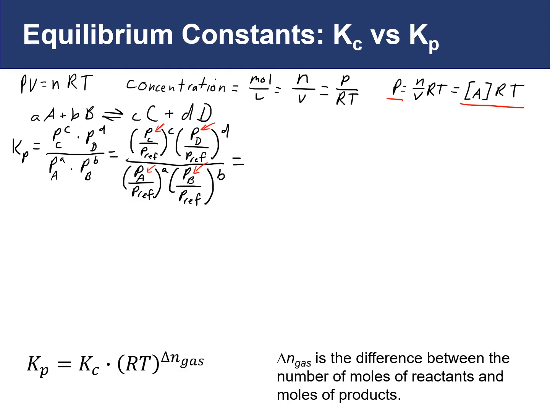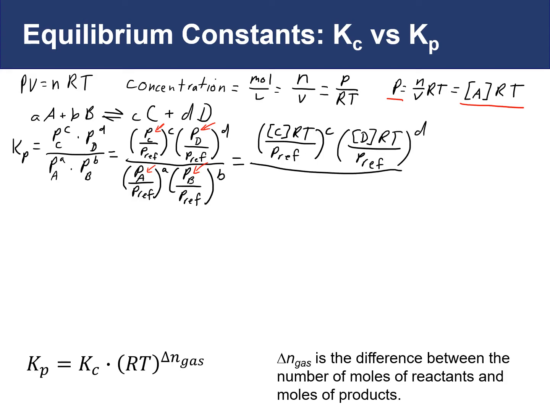We can replace this with concentration of C times RT over P ref raised to the C power times the concentration of D times RT over P ref, our reference pressure, raised to the D power, divided by the concentration of A times RT over P ref, our reference pressure raised to the A power, times the concentration of B times RT over P ref raised to